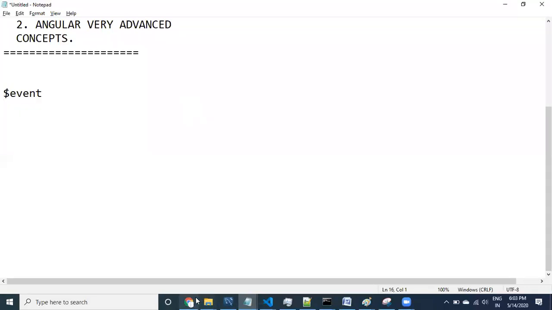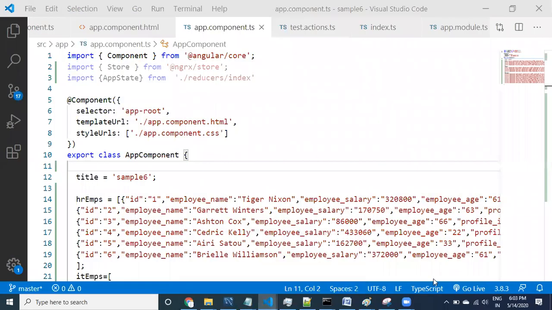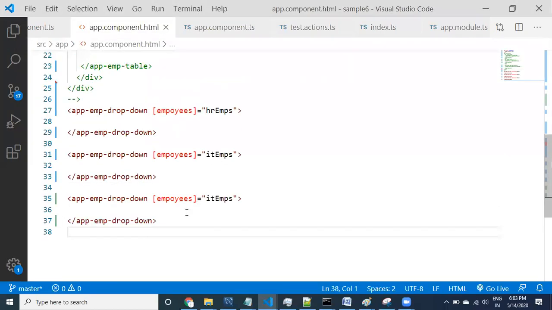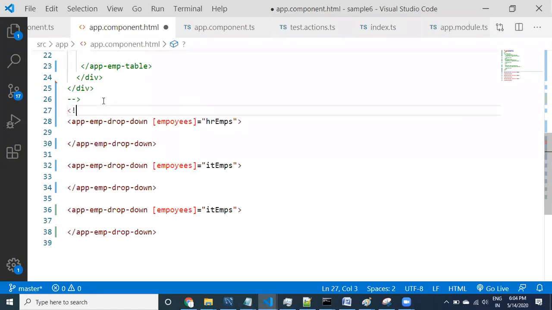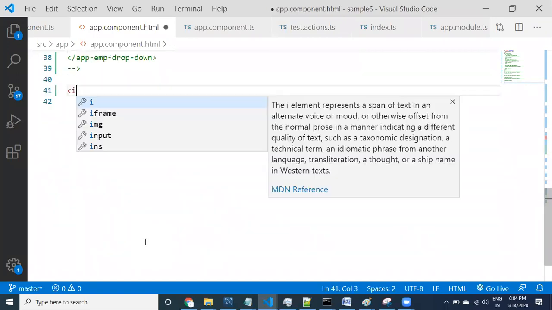So what is $event? Let us go to $event. But before that, let me go to the HTML. This is yesterday's code. I don't want this code as of now, I just want to comment it out. After that, here I would like to take one